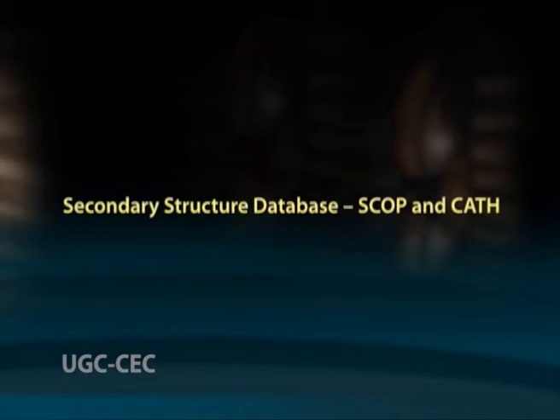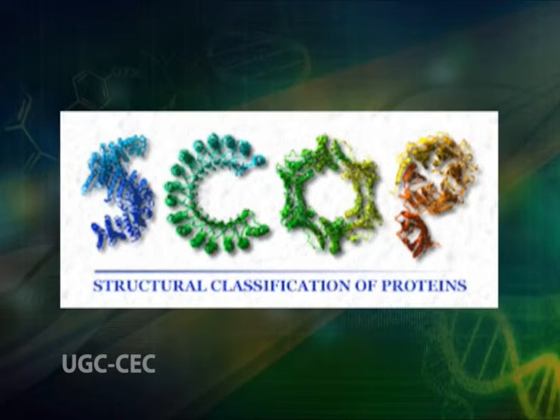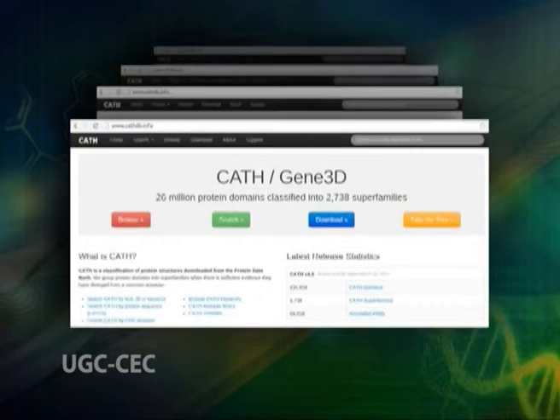www.ccdc.cam.ac.uk. Next, Secondary Structure Databases, SCOP and CATH. The Structural Classification of Proteins, SCOP, contains the classification of proteins into family, superfamily and fold. Each entry has functionally annotated information as well as links to other databases. This is a user-friendly database providing graphical images of the structures. CATH stands for class, architecture, topology and homologous superfamily. The name itself shows the classification hierarchy of the database. The structures are a subset of PDB which has a high degree of accuracy.